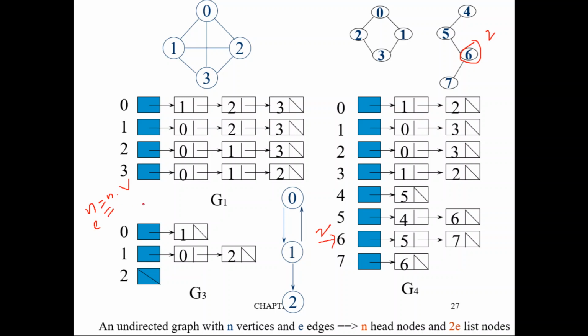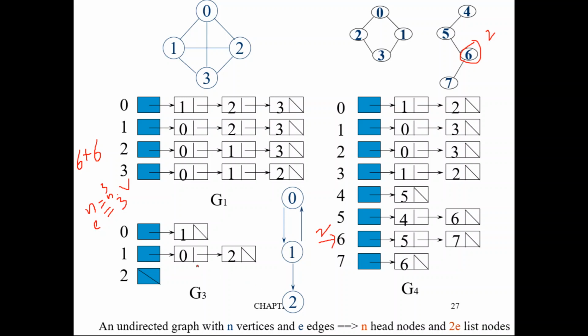Take this particular directed graph. How many vertices are there? 0, 1, 2, 3. So n is 3. How many edges are there? 1, 2, 3. Three edges. Our objective is to count the number of edges, and the complexity is n plus e. So n plus e is 3 plus 3, which is 6. At most you have to make six comparisons, because here the number of nodes is 3 and the number of edges is also 3.